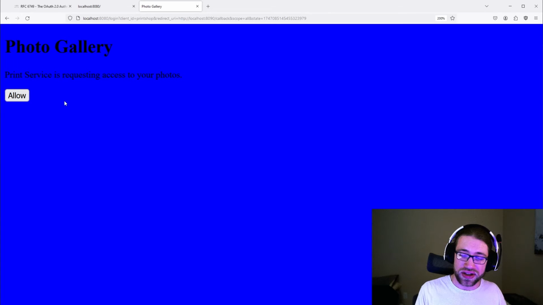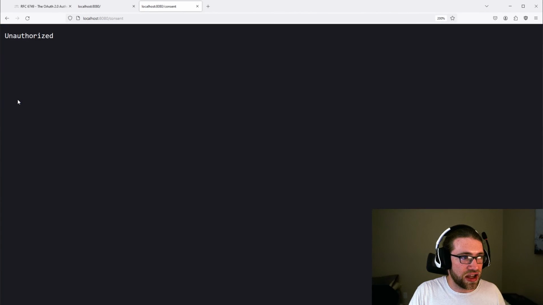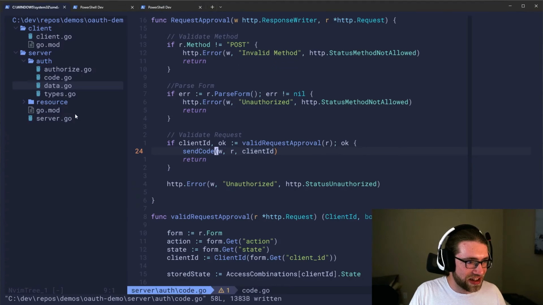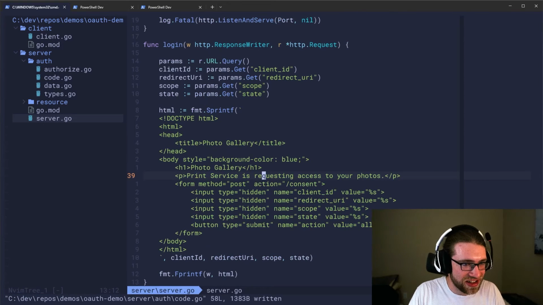We hit allow. Now we're on the server. We're going to want to hit allow, and we are not authorized. We did not get out of here. Let's see what happened. I probably forgot to add in the correct